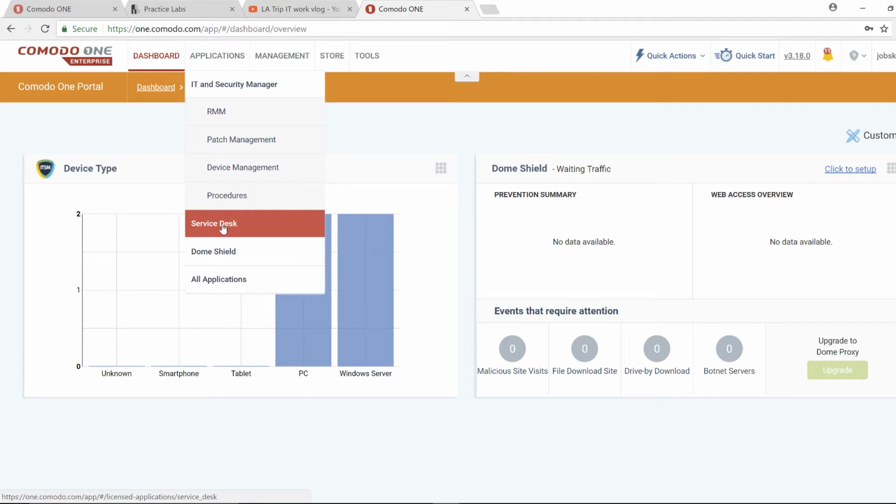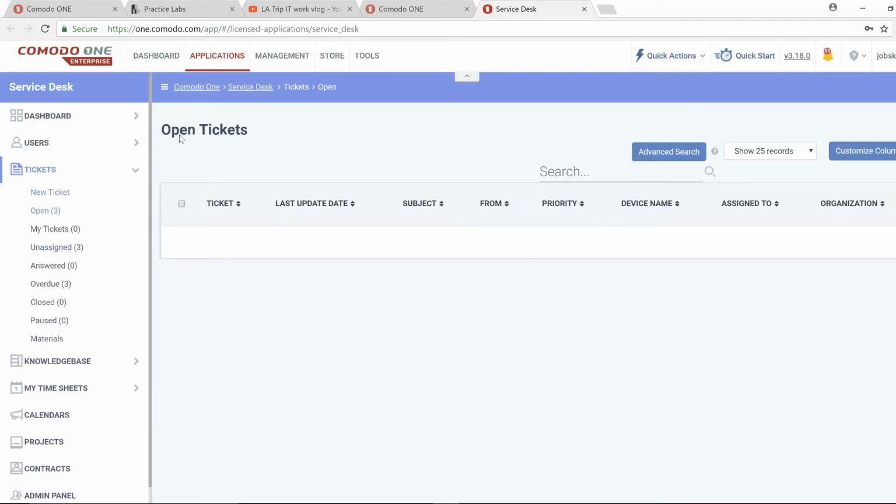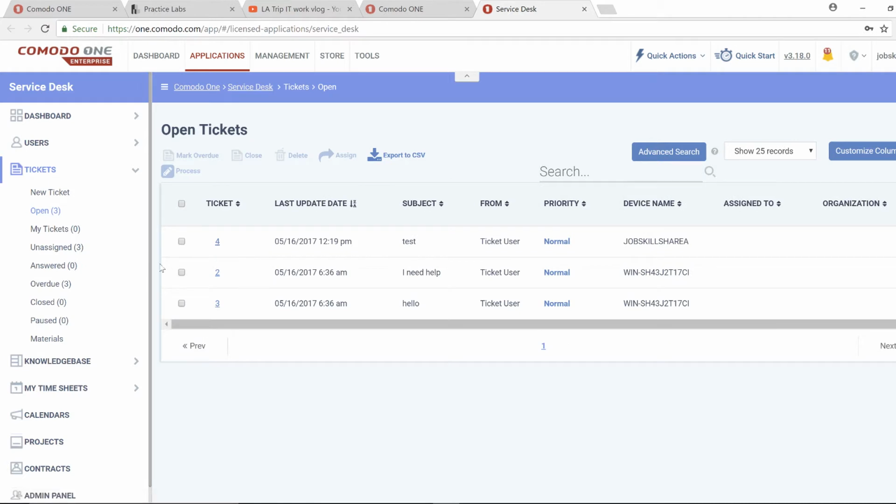So if you are providing a service for a company and this company comes up and says, hey, can you find us a help desk ticketing system that everyone can use and you can manage easily, and we need reporting and stuff, then you would be looking into the service desk information right here. You can open it up and set it up for your company. They'll get a user and a user-end base address where they can just go and